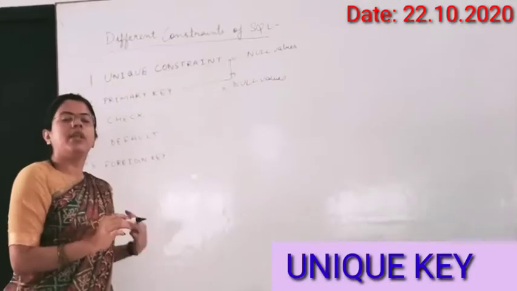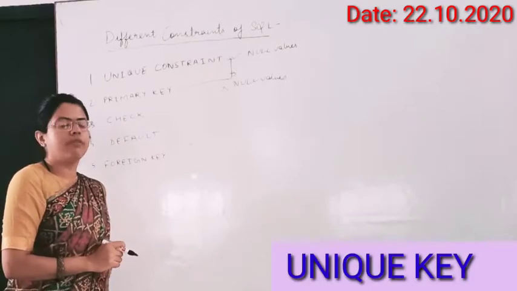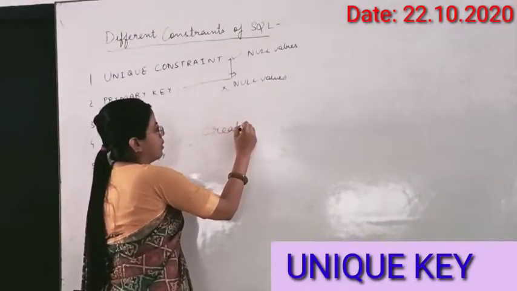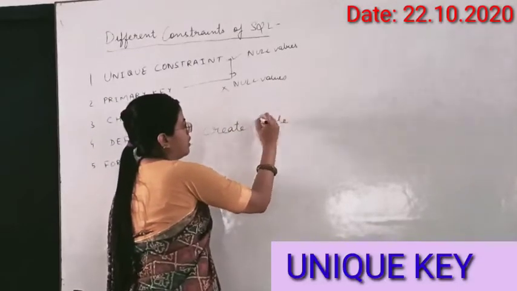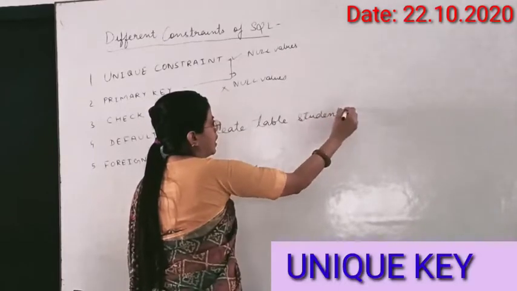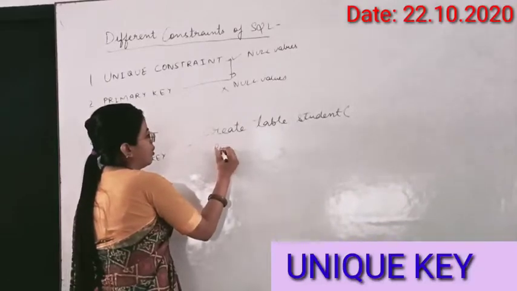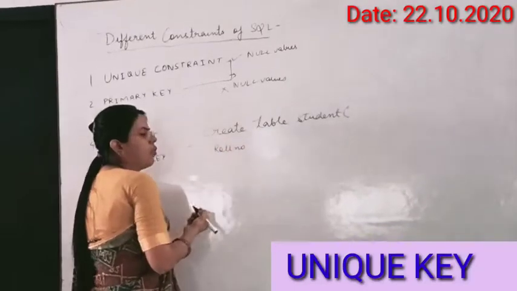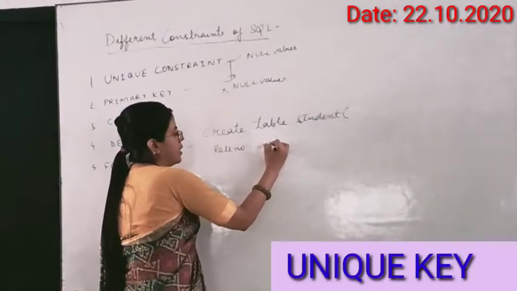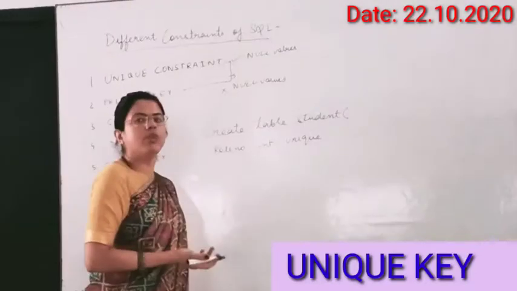Now, how do we write the code while declaring the primary key field or unique key field? First of all, let us see the unique key field. So, you will write create table. Suppose there is a table named student. Then you will give a bracket, create table student, and then you will write roll number. Now roll number, I want to give it as a unique key. Roll number integer, and then you just need to write here unique. So it will create it as a unique field.